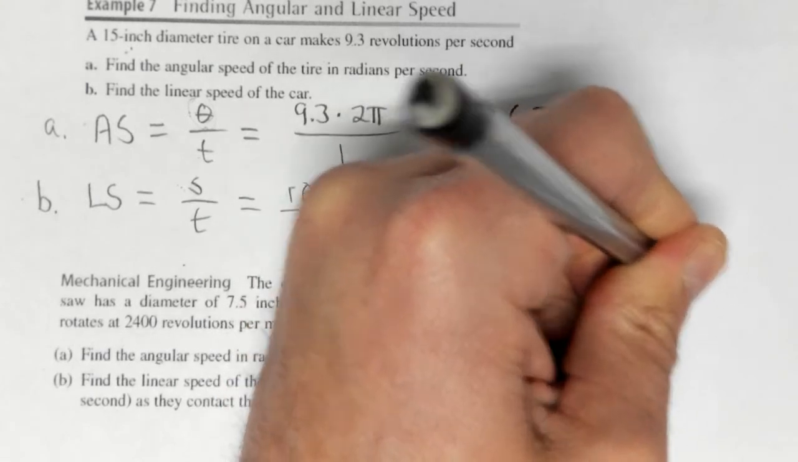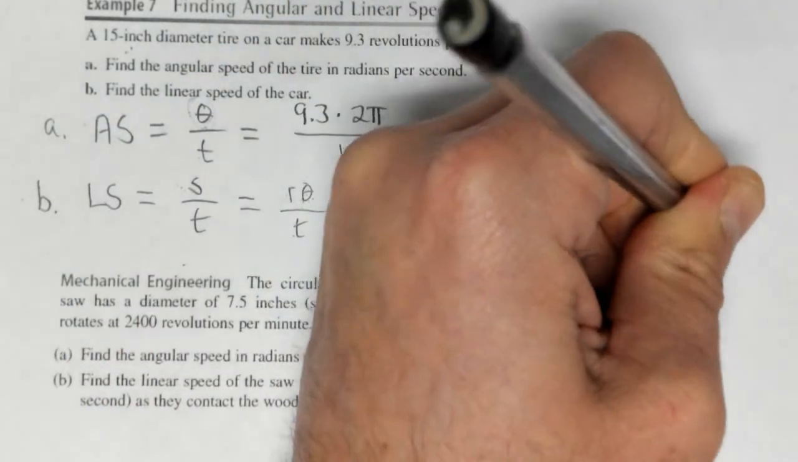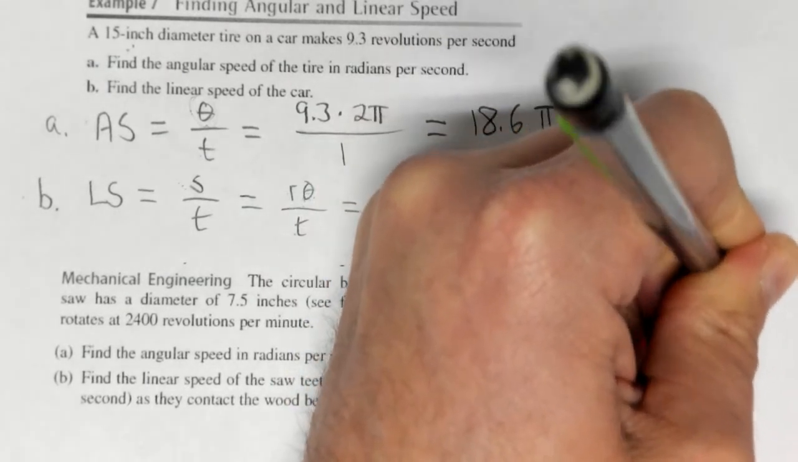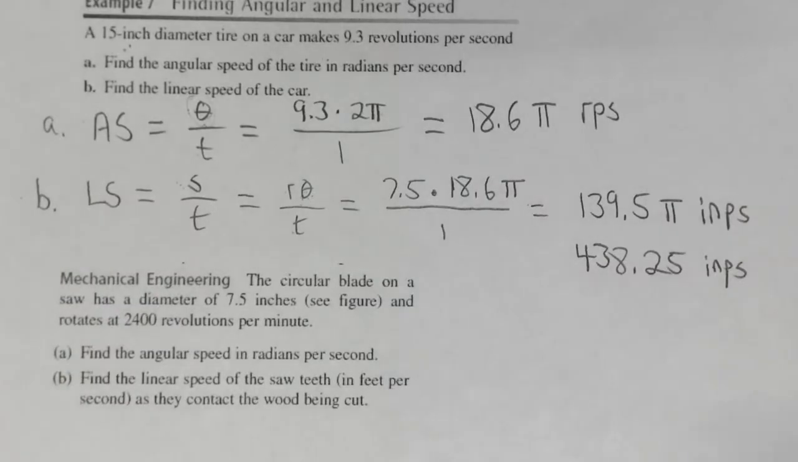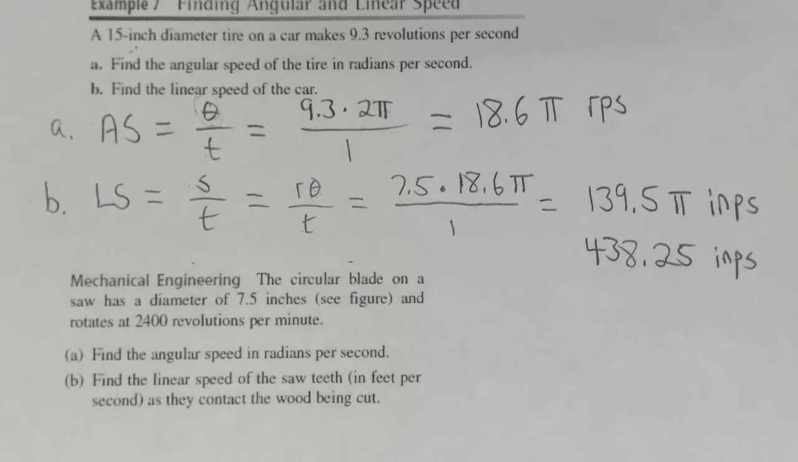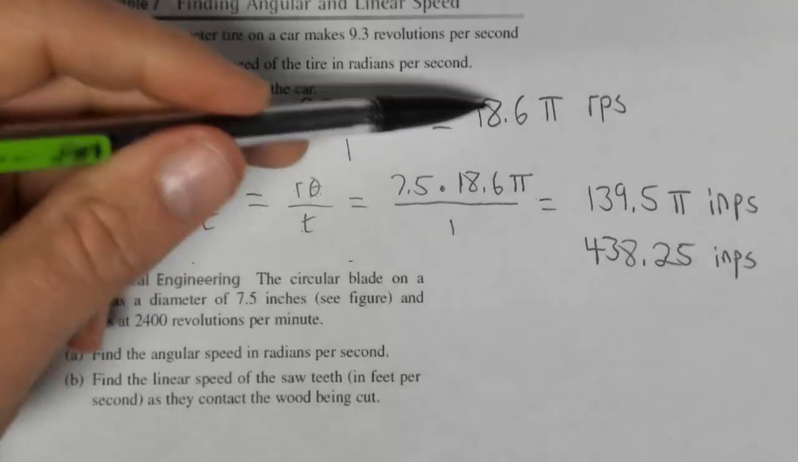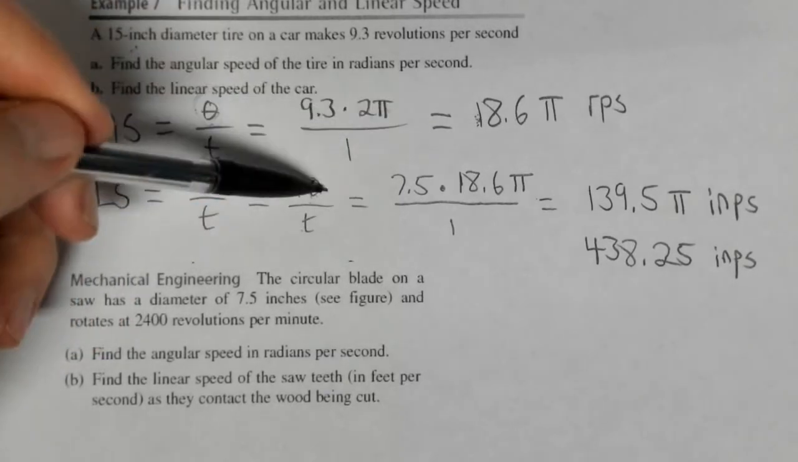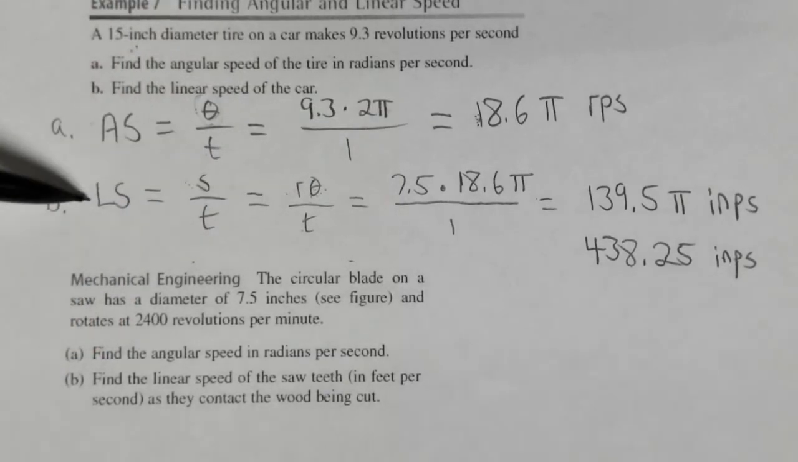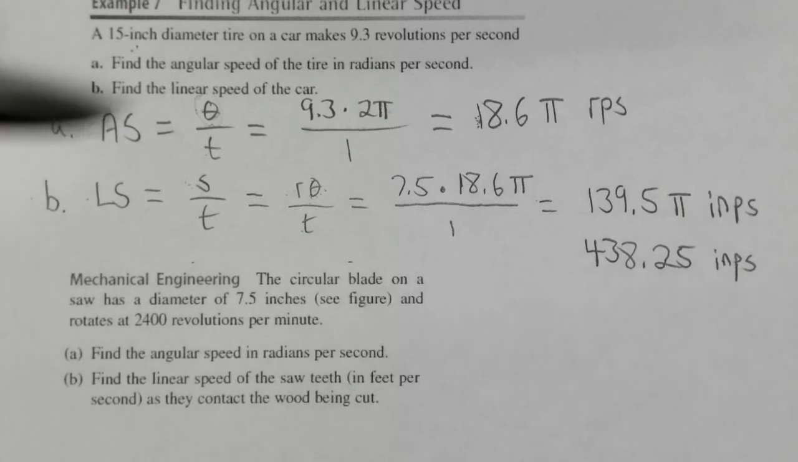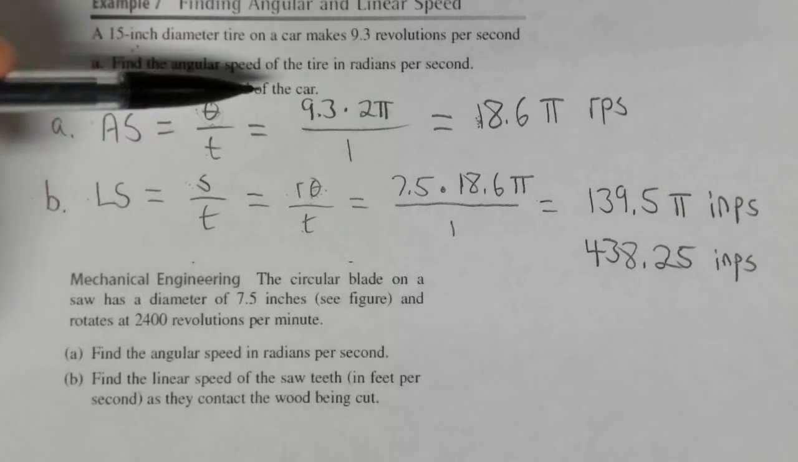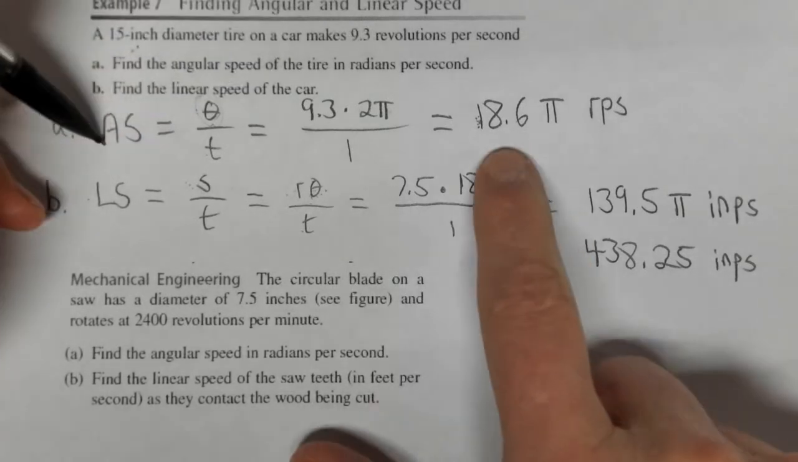438.25. And in both cases, this is inches per second. Inches per second, right? So that is your unit of measure. Again, we use the same angle measure from the angular speed in order to take it and turn it into linear speed. For a 15-inch tire that makes 9.3 revolutions per second, the angular speed is